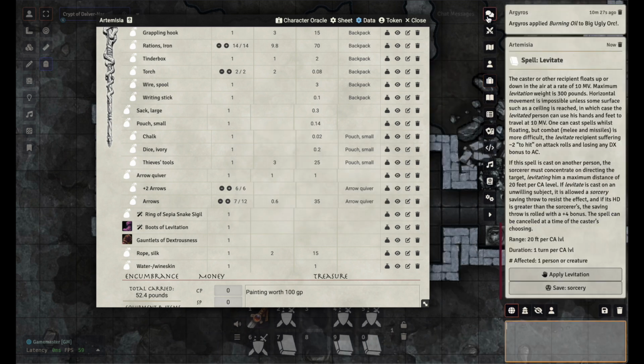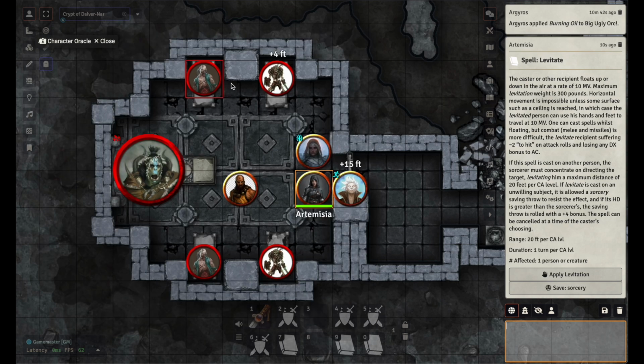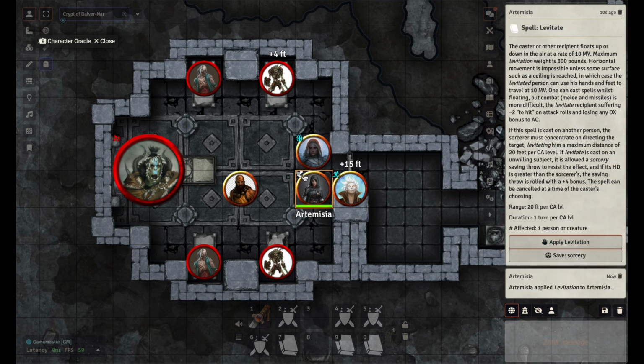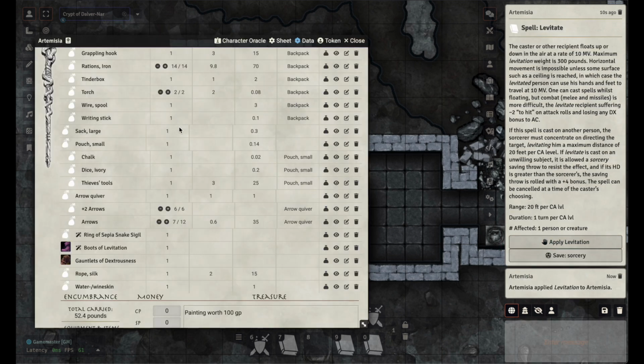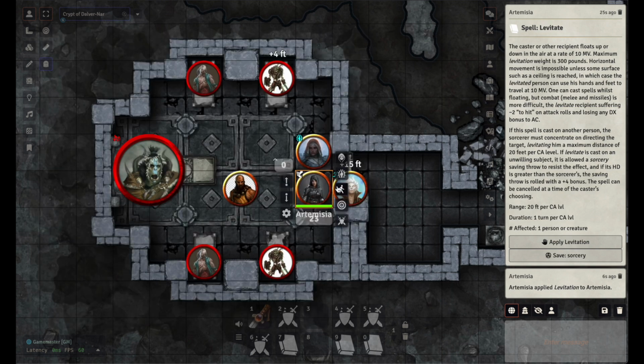I'm going to click cast, and what happens is over in the chat, it sends the description over here, and you can see you can apply the levitation effect now. The GM can apply this to anyone, but the player can also apply it to themselves as long as they have their tokens selected. So with Artemisia selected, she's wearing the boots. As a player, I can click apply levitation. You can see she just gained the levitation effect, which is now right here as levitation. And of course, it's actually on the token itself. So if I go under here, you can see the winged boot hovering right there. So she's got that hovering effect on her token status as well as the actual effect on her character sheet